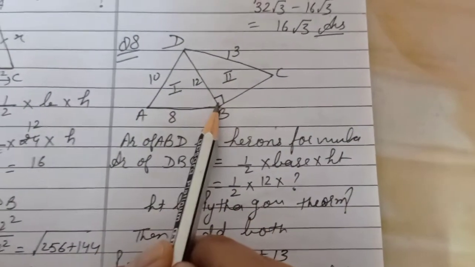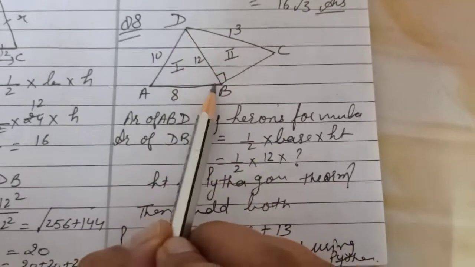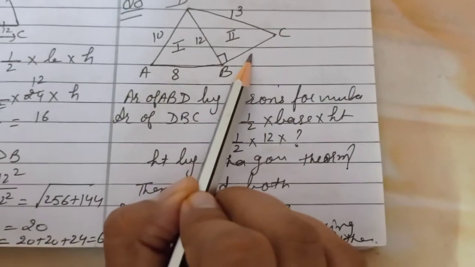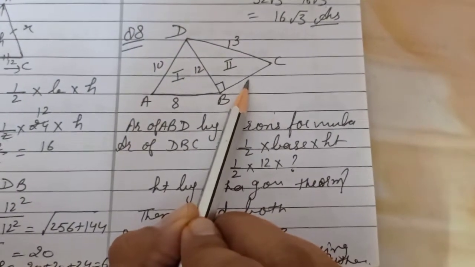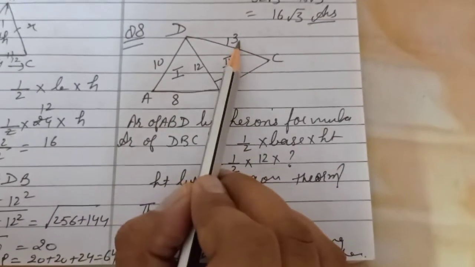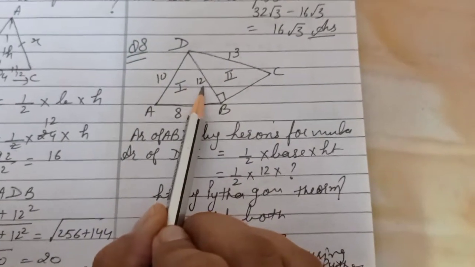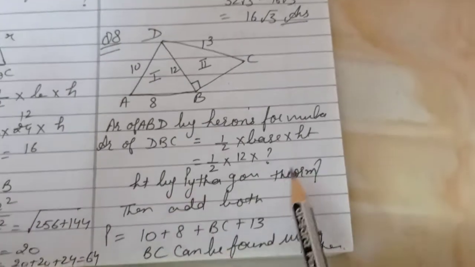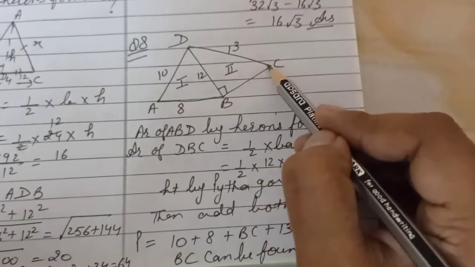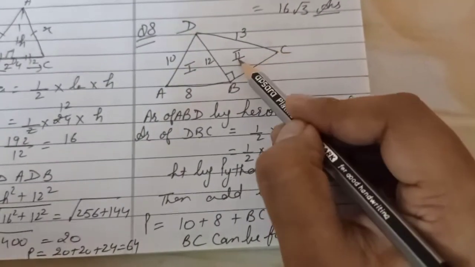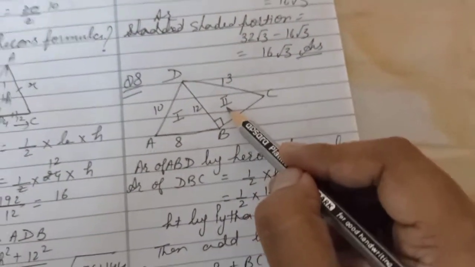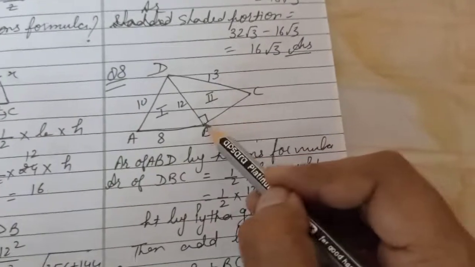Second triangle is right angle triangle. Clear? So in this case, base is given but height is not given. Can we find height? Yes, using Pythagoras theorem. This is hypotenuse. This can be taken perpendicular or base, your wish. So find out third side using Pythagoras theorem. So when you will find Pythagoras, you will find this side. Area of second triangle we can find out by using the formula half base into height.